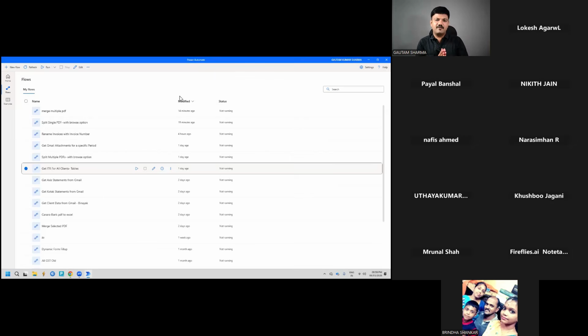Similarly, you can create a flow for downloading your GSTR returns, downloading GSTR challans, or downloading anything from any web portal. For example,